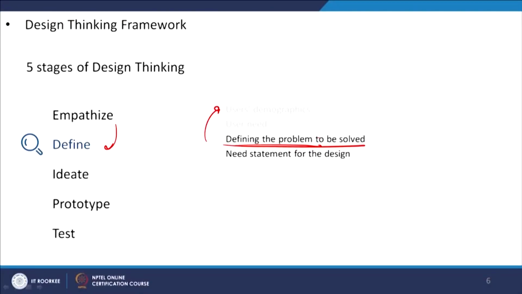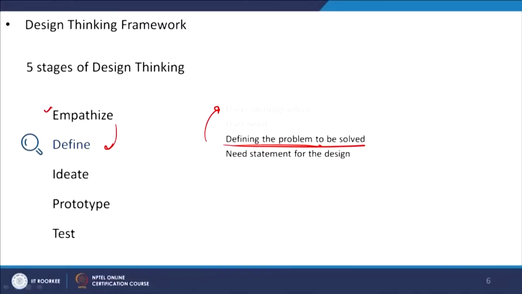So if we identify the right user, then through their demographic classification, we can define their problem. Otherwise the problem identification and everything will be wrong if we don't identify the users and don't have the proper user survey, which is within the empathize stage. So defining the right problem is kind of an analysis of the user survey. When we do the user survey, this is the stage of empathize, and the analysis of the user survey,